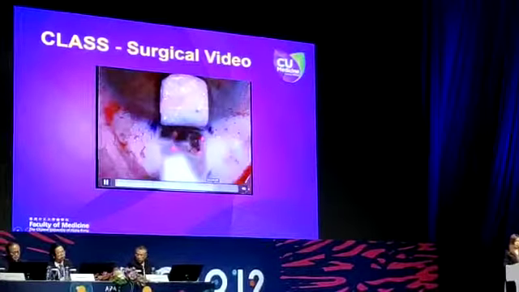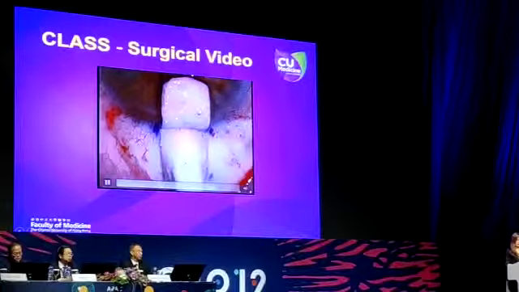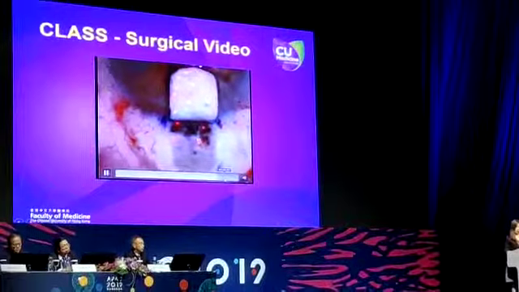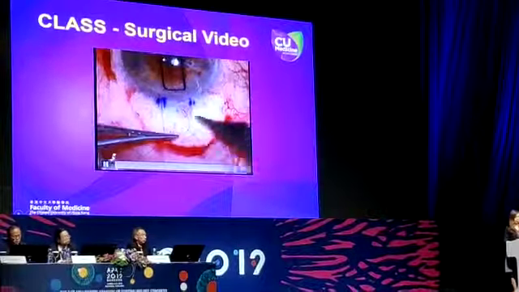Okay, so after that, as you can see, we have found adequate percolation. We will continue our surgery as usual. We will close the